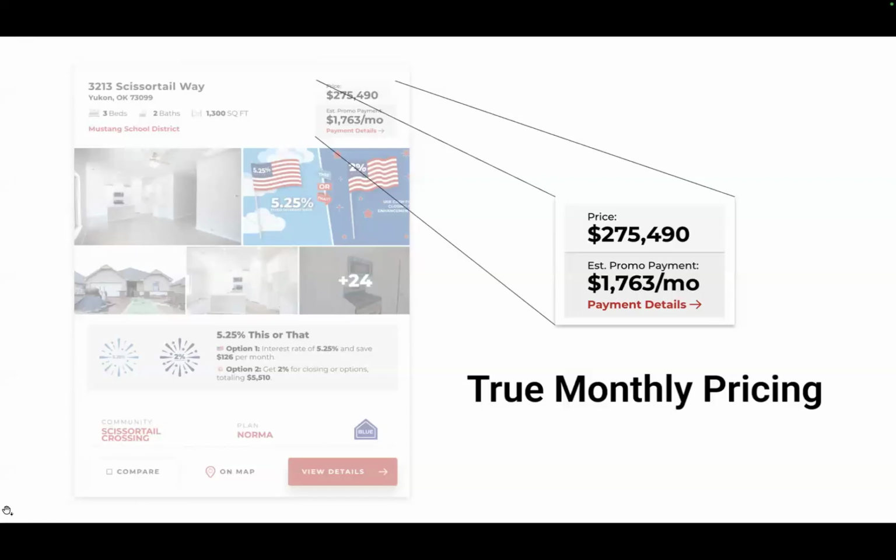Now, obviously, property tax is more of an estimation, but a lot of calculators out there don't bring those things into the fold. So having that true monthly pricing, I've seen builders use transparent pricing before, understanding that, hey, what you see here is going to be pretty darn close to what you get. Now, obviously, we have to do actual applications. We have to get approved. There's a lot of other stuff that goes in there,